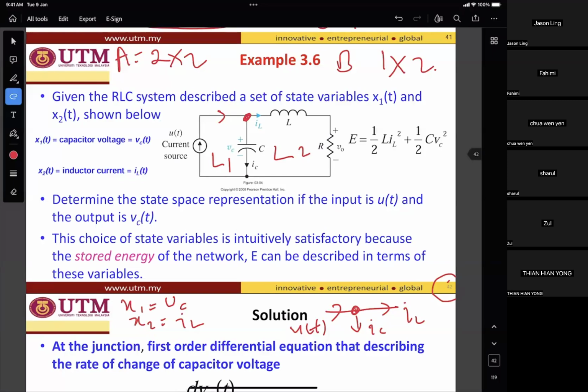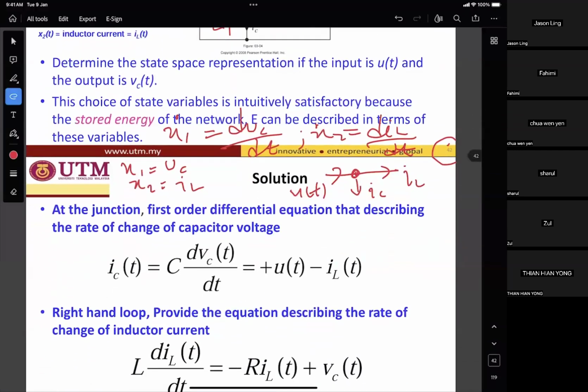If x1, the state variable, is VC and x2 is IL, what is the derivative state vector? dVC over dt and dIL over dt. dVC over dt is x1 dot, x2 dot is dIL over dt. Okay. So at the first junction here,